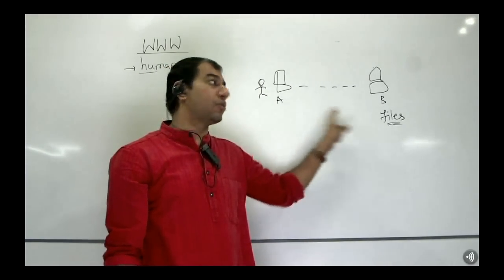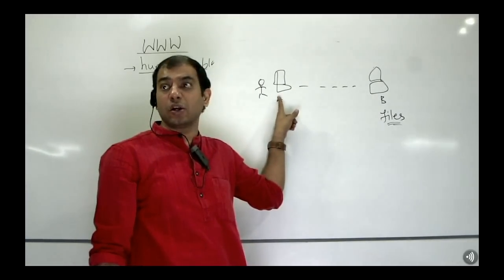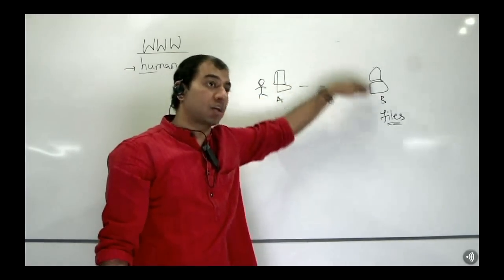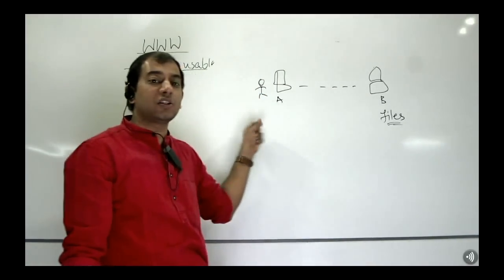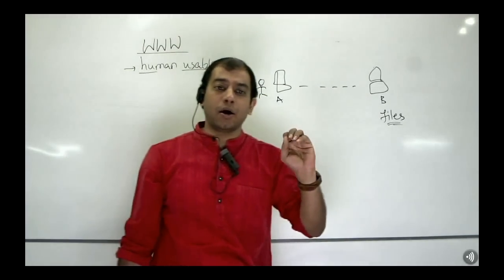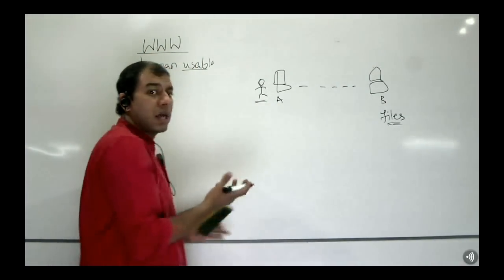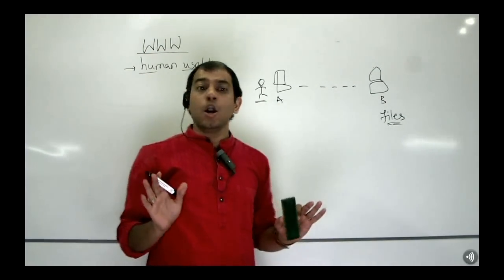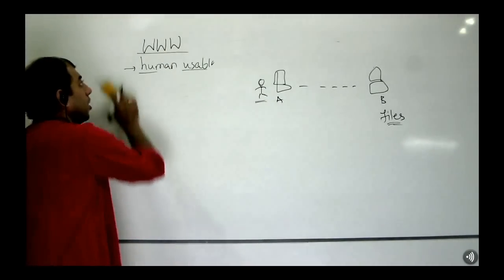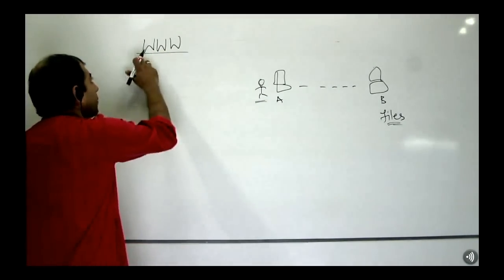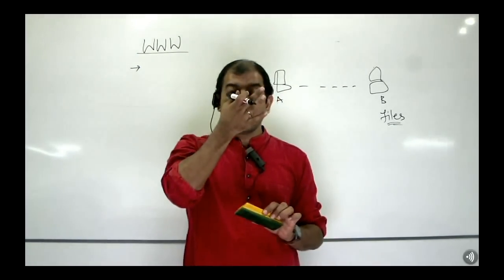So all I want to do is be able to copy or pull the files sitting on another machine to my machine. And like this, I want to do it across all the millions of machines connected to the internet. Well, this was the first requirement of how a human being can use this so-called internet, right? To resolve this problem, Tim Berners-Lee created the World Wide Web. And the World Wide Web, what is it? To explain it to you, tell me.